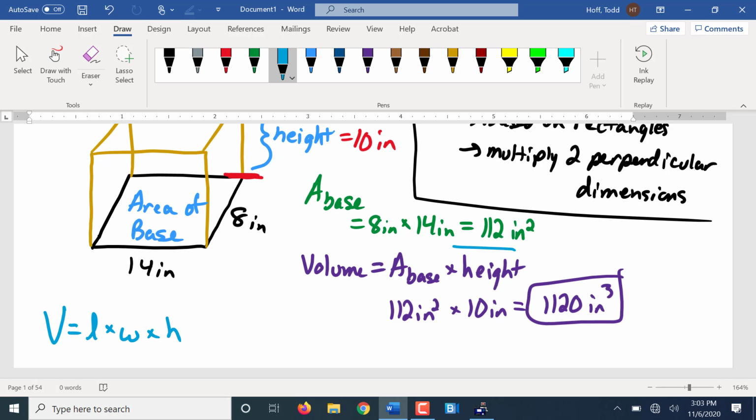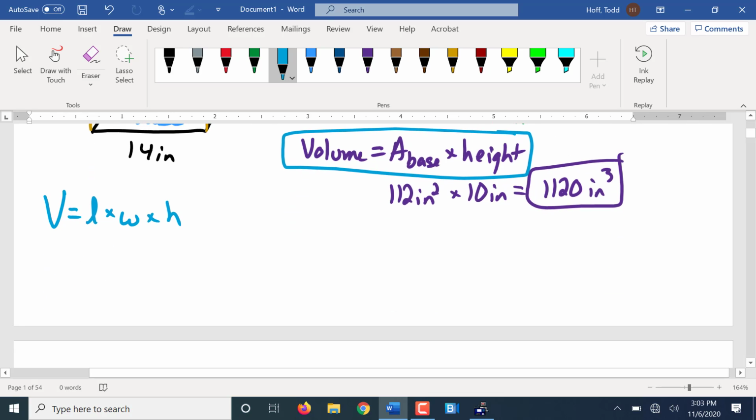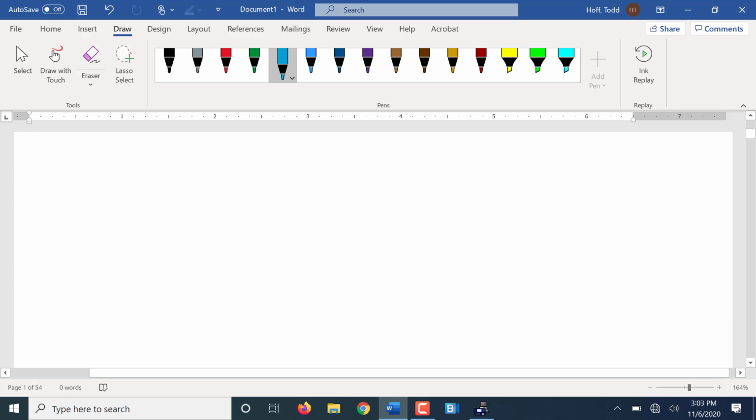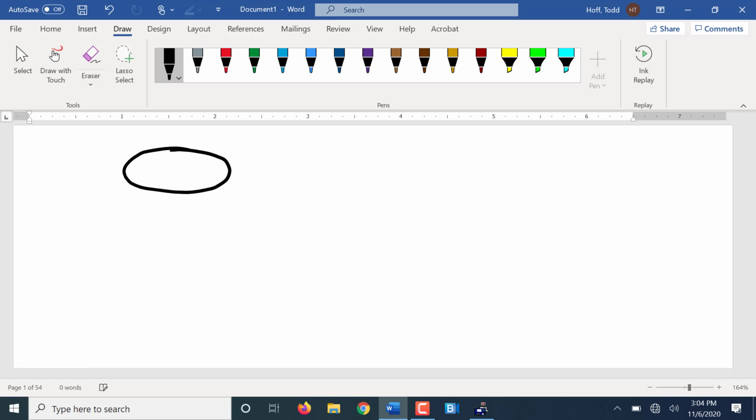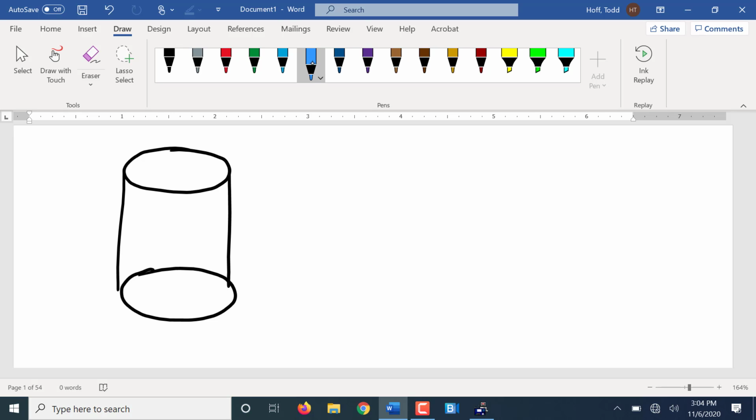So why do I try to redefine this new formula of area of a base times a height? Well, because too many of our shapes are not just boxes. Yeah, they're not just squares. Of course, our cylinder. Now, we've talked about these before. If this is eight feet across,